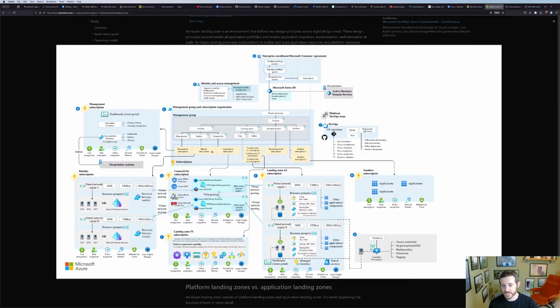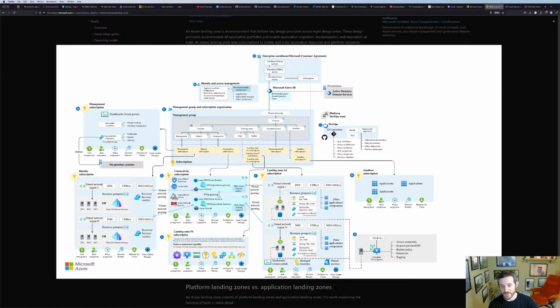You can segment these things conceptually, logically, at management group level, and deal with authentication there, and that gives people a good level of access into the different subscriptions.